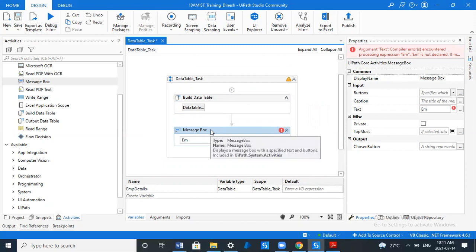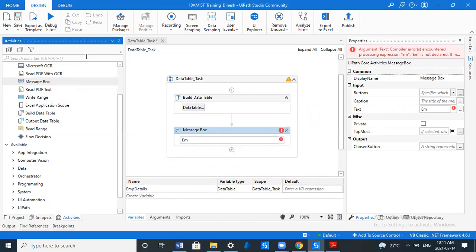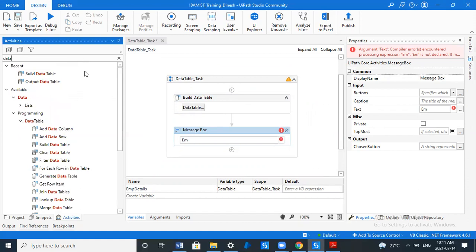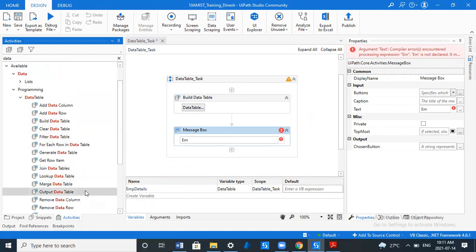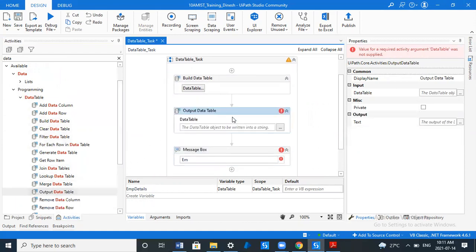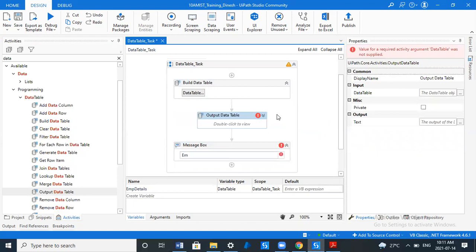For that, you have one more data table activity, which is Output Data Table. Remember this. This will be very important when you are working in real time. Output Data Table will not perform anything else. It is just helpful to convert the data table to string. That's all. There is nothing other than that. This will convert the data table data type to string data type.